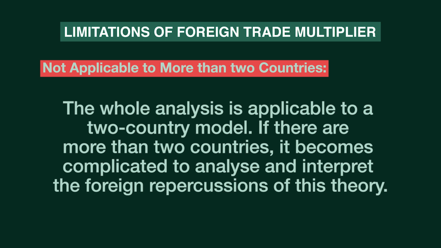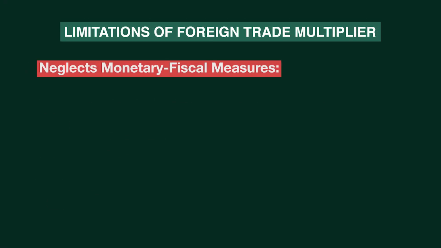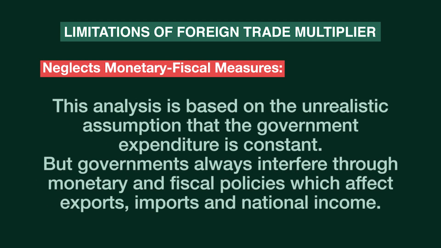We have assumed that there is no restriction to trade. However, in reality, there is the presence of tariffs and other barriers to trade, and that may impact this multiplier process. Finally, we have neglected the presence of monetary and fiscal policy in the economy. The government of a country controls different decisions of the individuals by controlling the monetary and fiscal policies, which may have a significant impact on the foreign trade multiplier. However, the foreign trade multiplier may be a powerful tool for economic analysis to help formulation of policies for